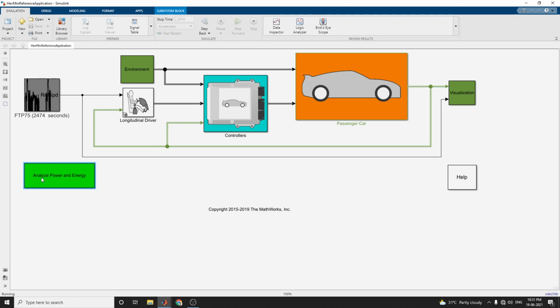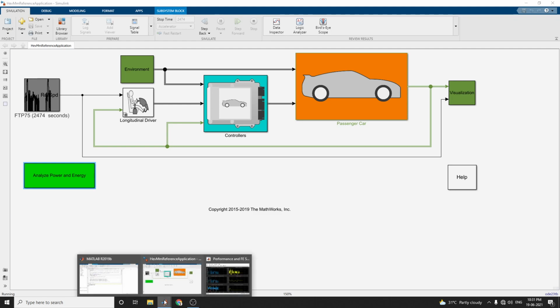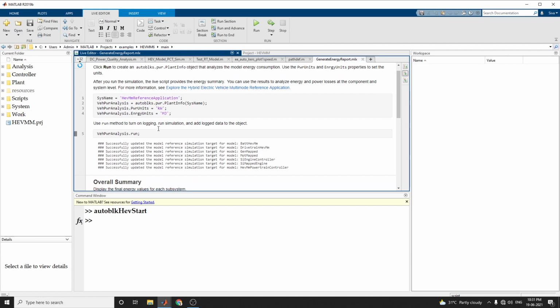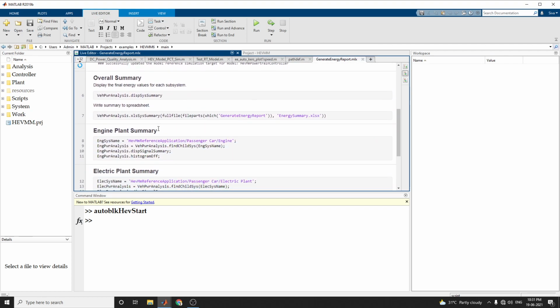Then only you get this type of MATLAB script file. By using this MATLAB script file, you can also change the parameters. Here you can also see the report, that is an energy report and energy summary in the form of an Excel spreadsheet. Also there is an overall energy summary. You can export it to an Excel spreadsheet.